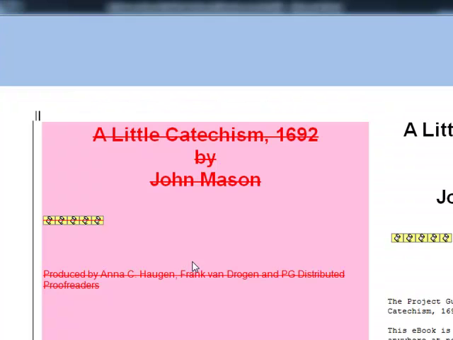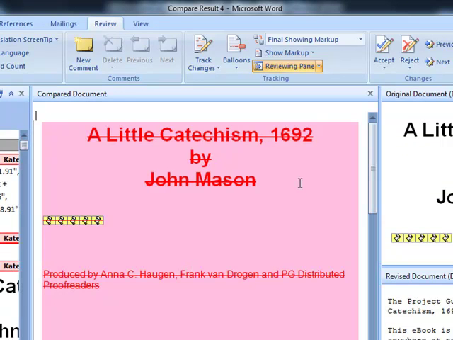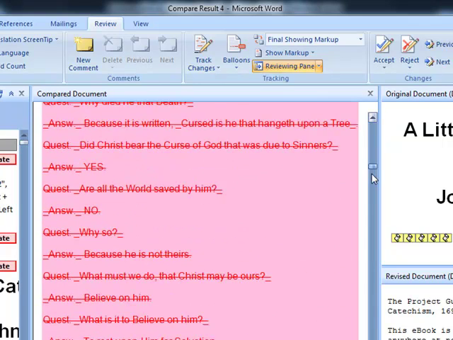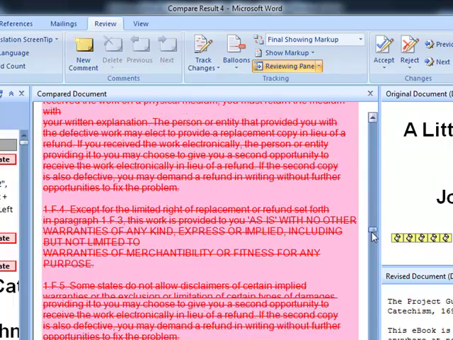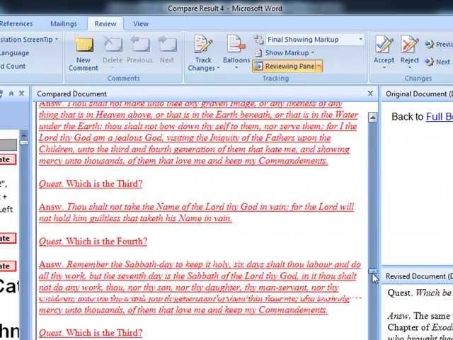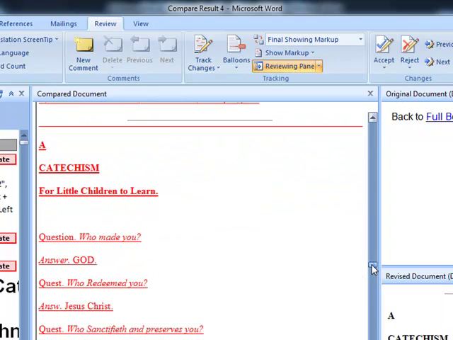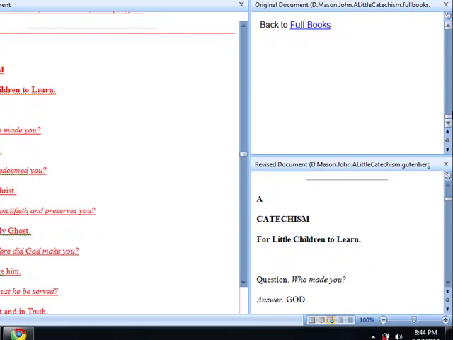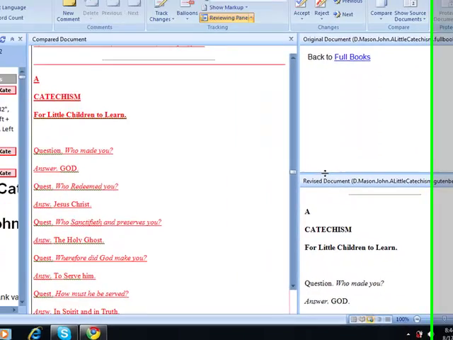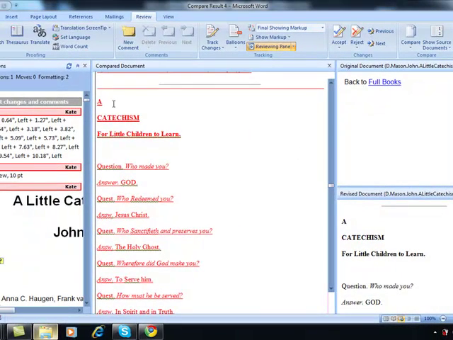Okay, we immediately see a whole bunch of red, which means there are a whole bunch of differences between the two documents. So we have to immediately look and see, oh, look at that, look at all of that. Almost the entire document is red. Actually, the entire document is red until we come to here. Okay? And that, look over here, this shows how these two documents are. Okay? So once we come here, we are in an entirely different document. Okay? So where the